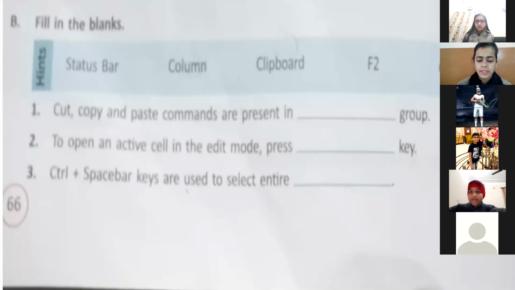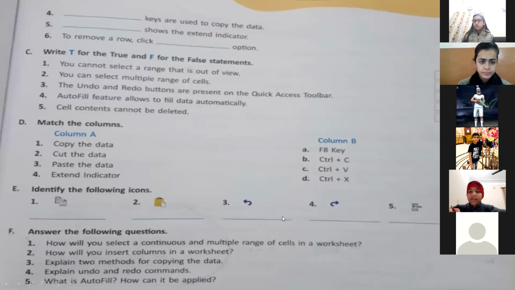So coming to the next fill in the blanks, let's ask this answer from Madhav, roll number 28. Control plus C keys are used to copy the data. Very good.